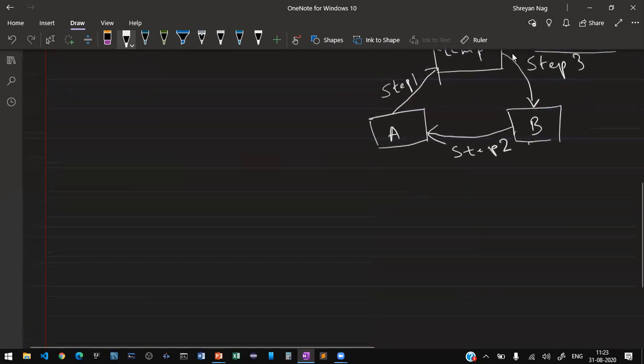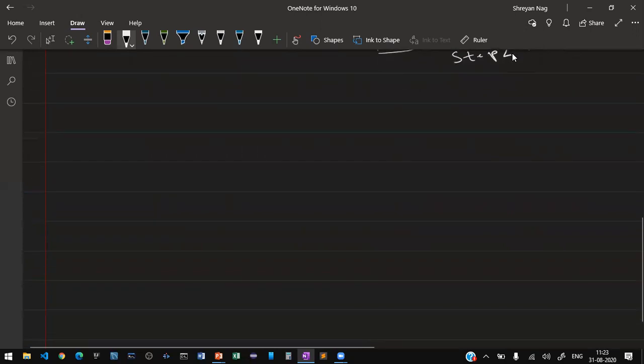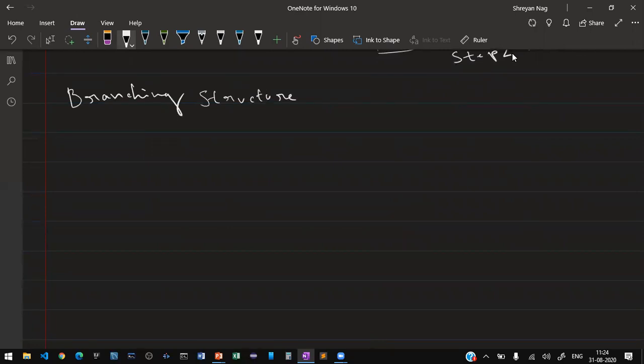Then we are going to learn what branching is. In a branching structure, we see how statements get branched. Branching is helpful where we need repetition of certain tasks, or an if or if-else condition.